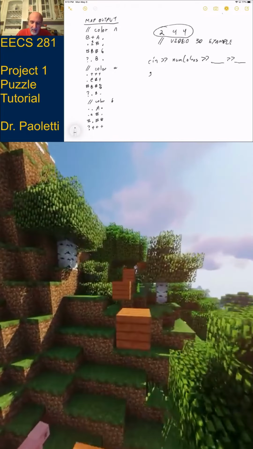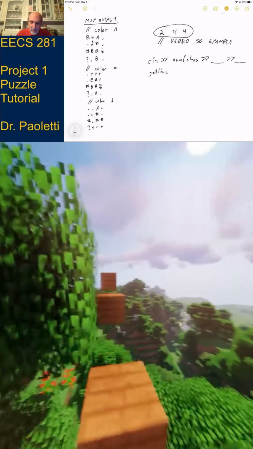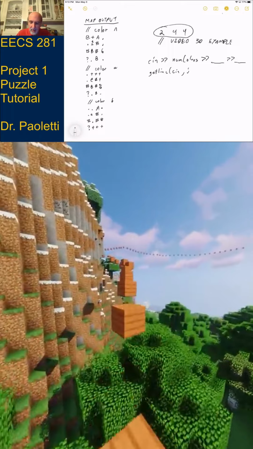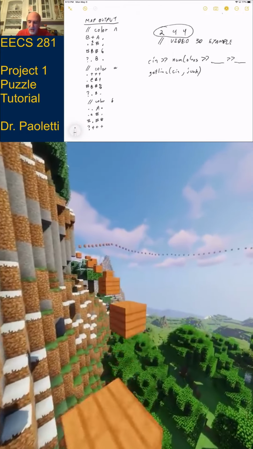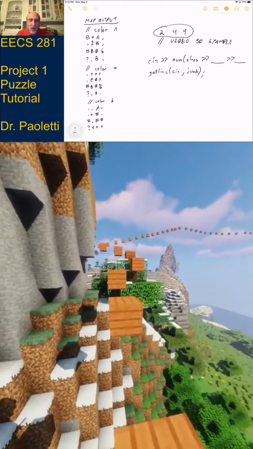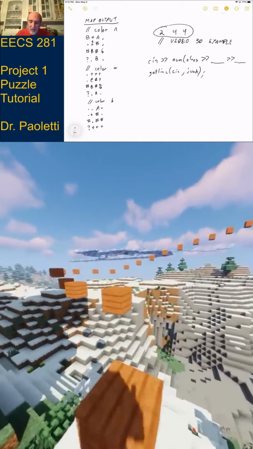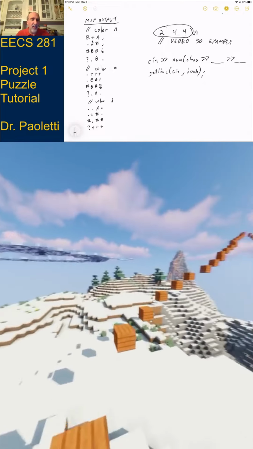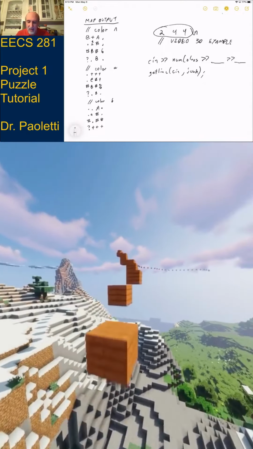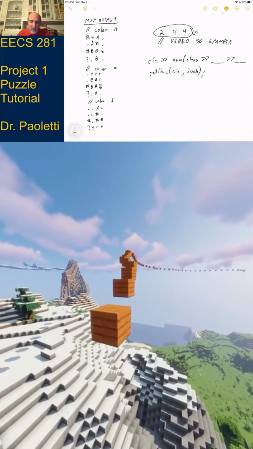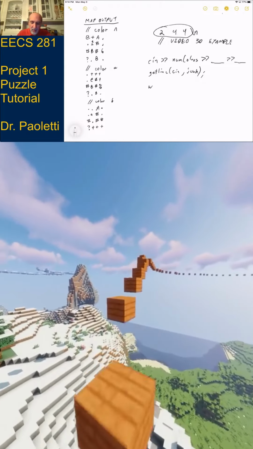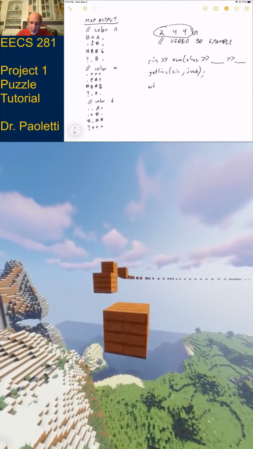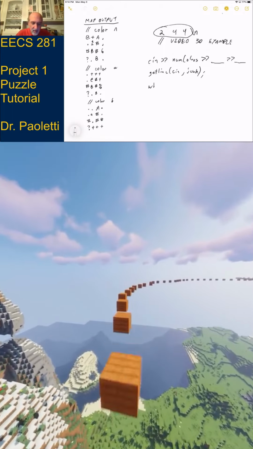Then do a get line. Junk is a junk string that I don't care about. Why are we doing get line? Because there's a \n over there that we haven't consumed yet. Greater than didn't get rid of that \n. So we do that get line, and what we can do now is let's start a while loop. Oh, wait. Before we do the while loop, we gotta do one more thing.